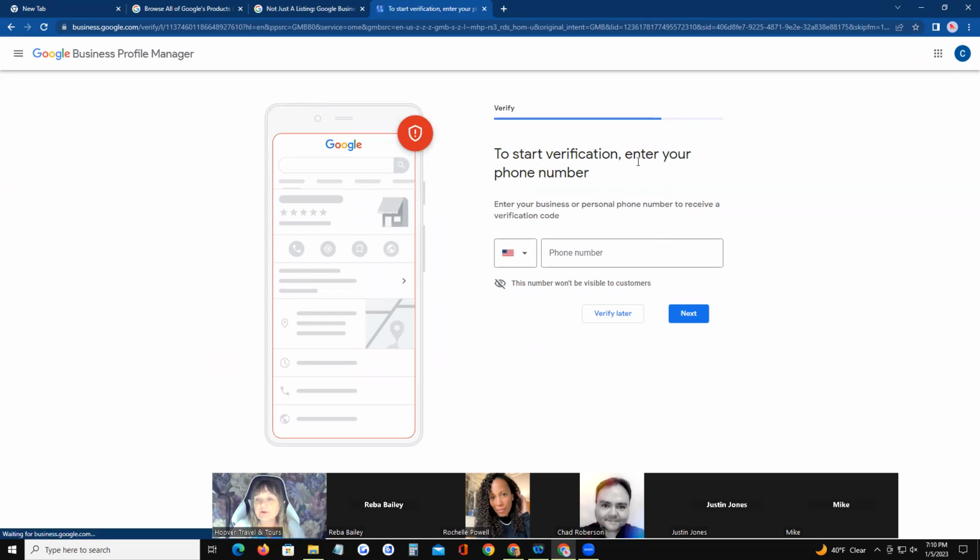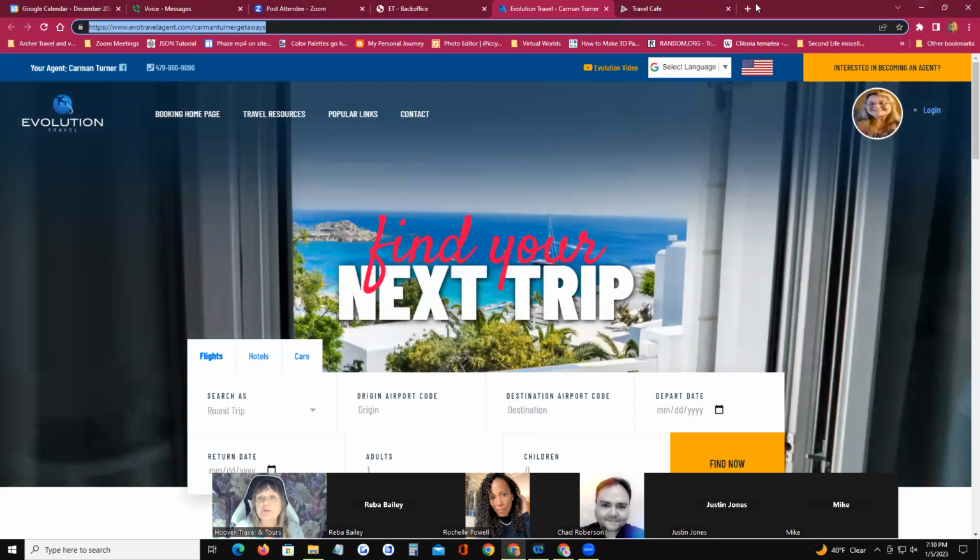And they want you to verify. There's several ways that you can verify. You can either verify by phone or you can verify by postcard. Depending on how Google is feeling that day is whether you're going to be able to verify by postcard or phone. So they want you to verify by number. I'm not going to verify, so I'm just going to leave this completely. I'll come back to it later, and I'm going to show you then what it looks like